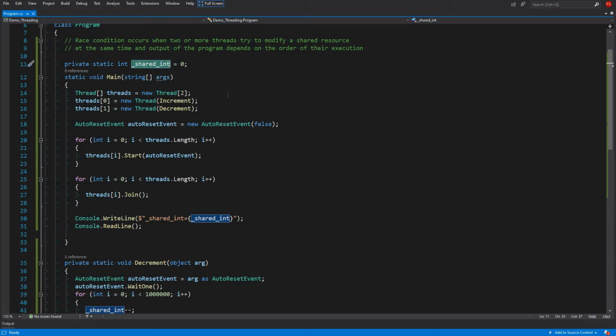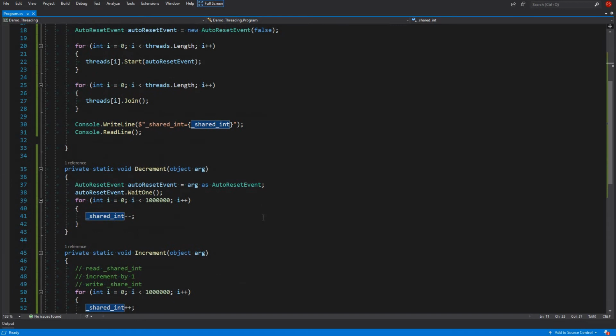So what basically lock does, it creates a critical section or critical region, or you can call it critical scope, and in that scope only one thread at a time can enter, and that is guaranteed by the operating system. If you are in that critical section, only one thread will be in there at a time.